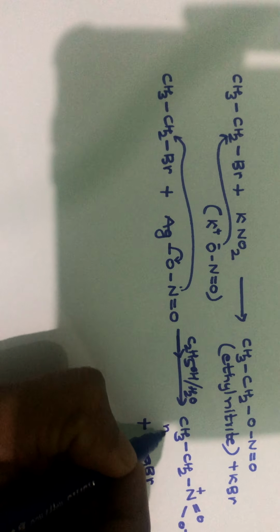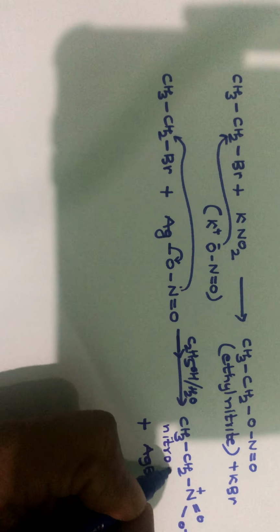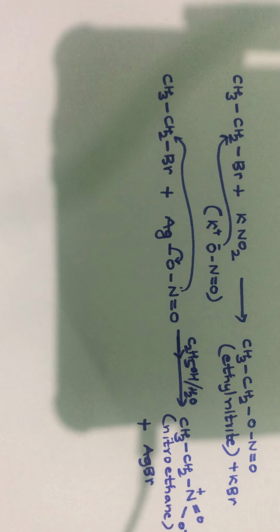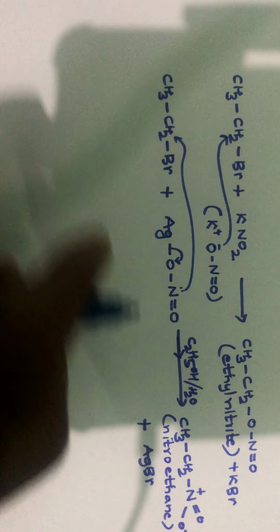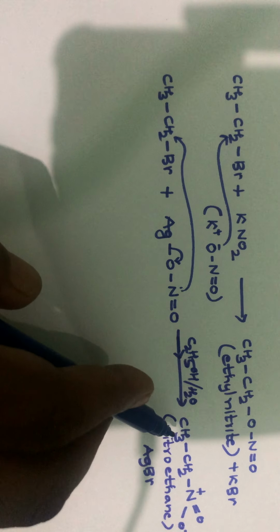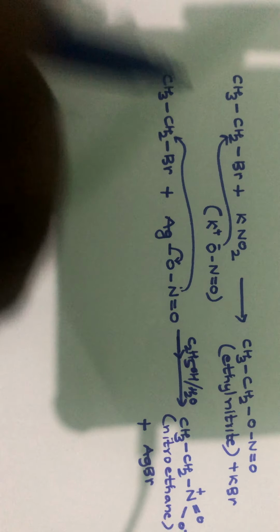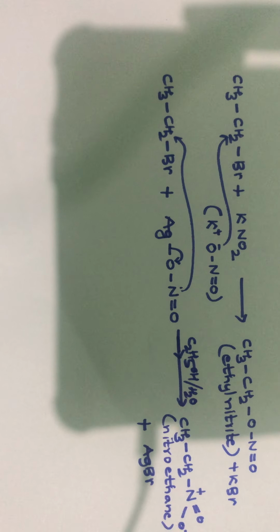This is nitroethane. So look at two different products, right? One is nitrite, the other one is nitro. So this can also be referred to as an ambidentate nucleophile. So this is about the preparation of cyanide, isocyanide, nitrite, as well as the nitro compounds. The last one,